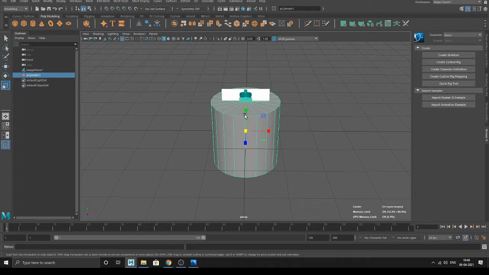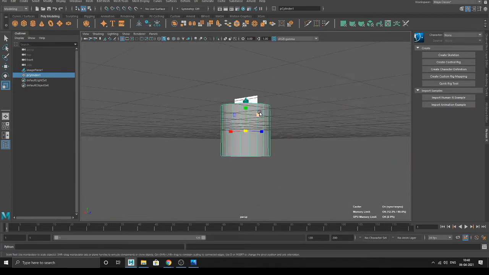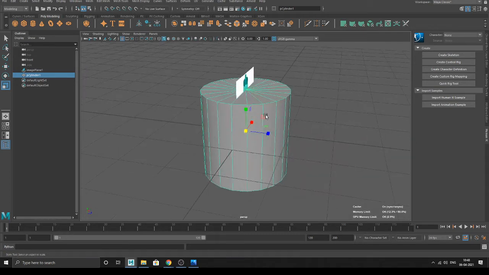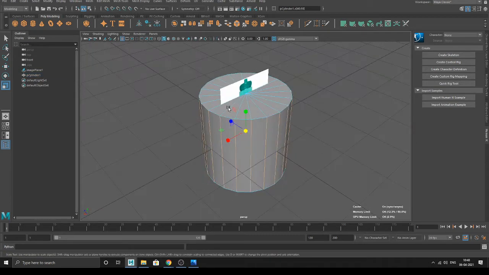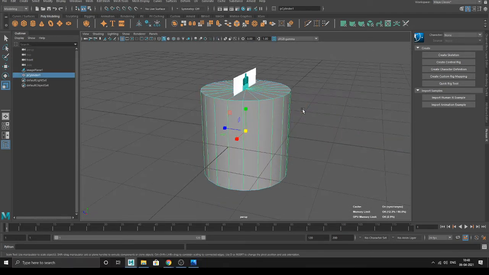We can do anything. If it's a high poly, it will become a little tougher to edit. So what we do is we make this cylinder into a low poly first. Why? You can see here, if you count, there are 20 subdivision axes. These are 20 if you count. We'll lower the number, we'll decrease the number of subdivision axes.